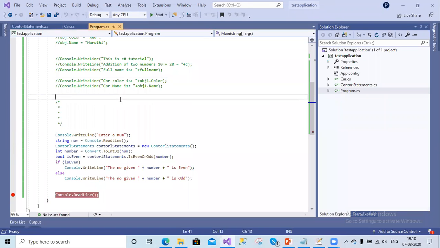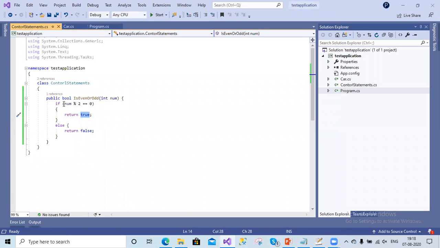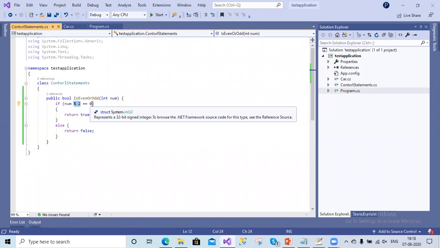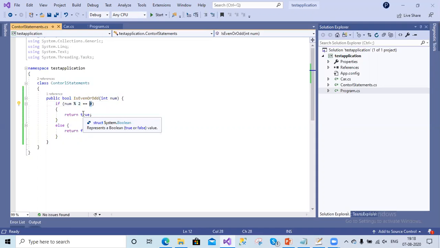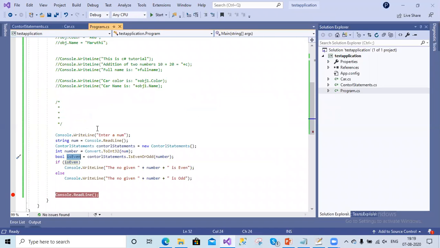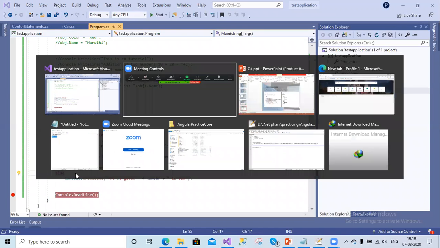Cool, right? So we have seen the if condition for comparing whether it's an even or odd number inside these control statements. To verify whether it's even or odd, we are using this condition: the number modulo 2, which will give the remainder. If it is 0, it is an even number. If it is 1, it will be an odd number, right? Clear, guys? So this is the basic if and else condition.